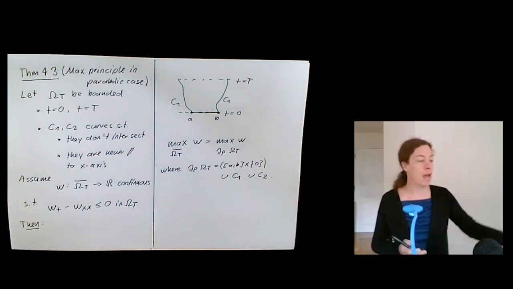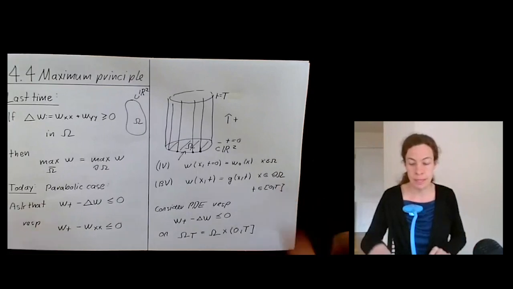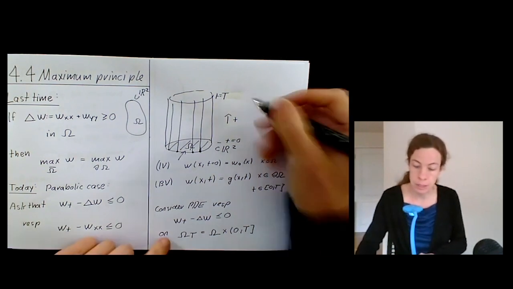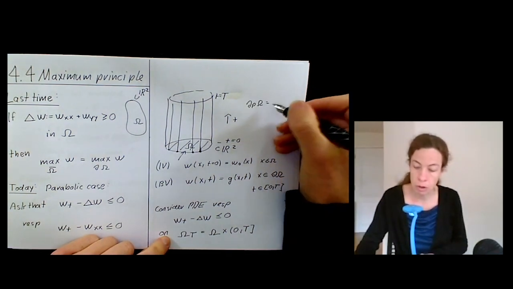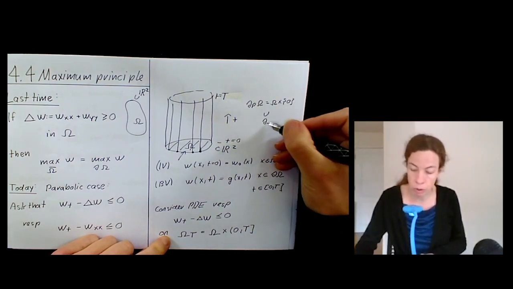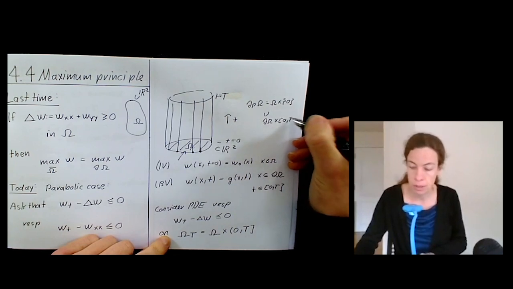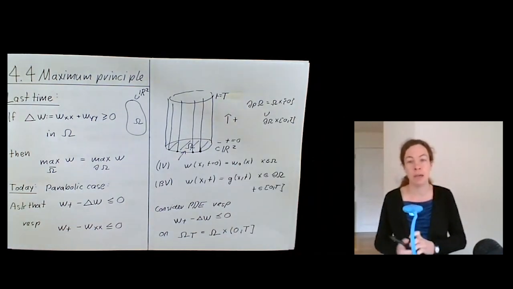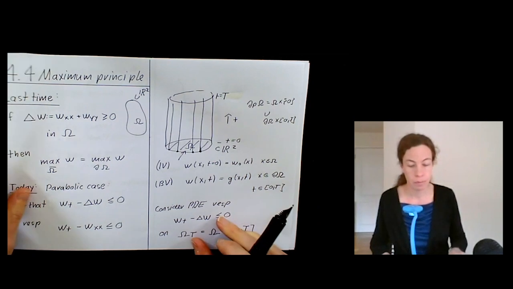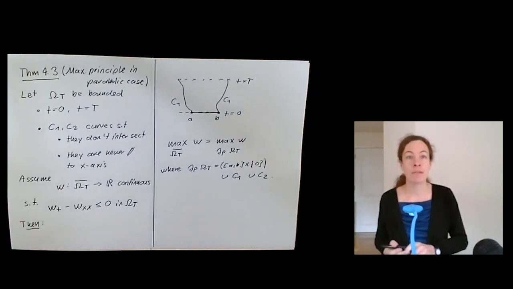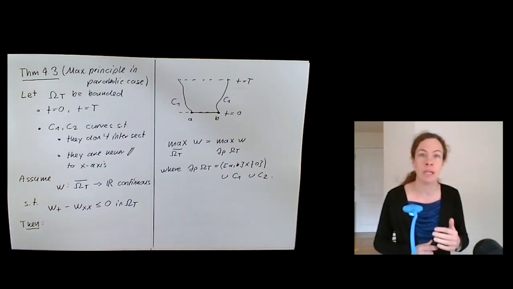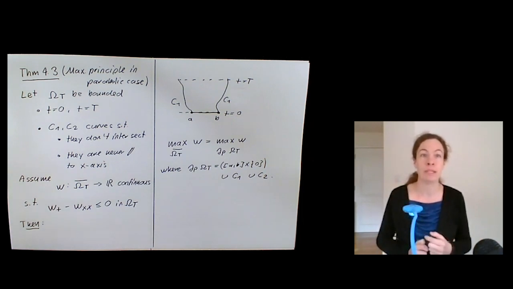So in the situation that we had before, so over here with this cylinder, where we had this omega t being a cylinder in space-time, the right thing to consider as parabolic boundary here would be the domain omega cross the time t equals 0, together with the boundary of omega cross the whole time interval 0t. So exactly the bits that I drew here in black, where I have initial values, respectively boundary values. So this is our last theorem. Of course, we'll celebrate the theorem with a little corollary afterwards so that the theorem doesn't get lonely. But before we can do this, we have to prove it.